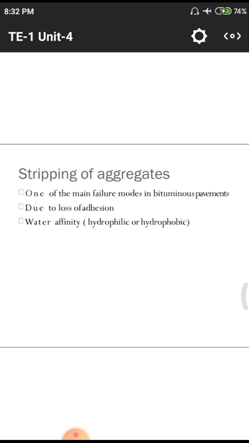Next one is due to loss of adhesion. Why? Because loss of adhesion means the bituminous roads have some quantity of liquid properties. Why? Because normally after the hardening is over, in summer seasons the bitumen will go back to normal liquid properties. Why? Because of the huge amount of temperature, due to this variation of temperature, in the morning time we